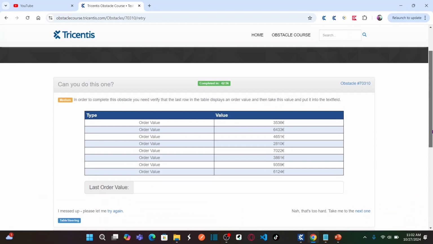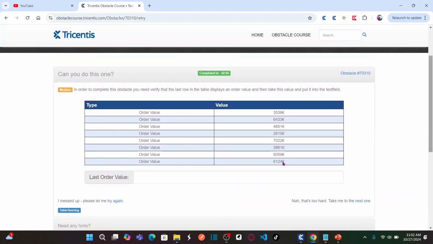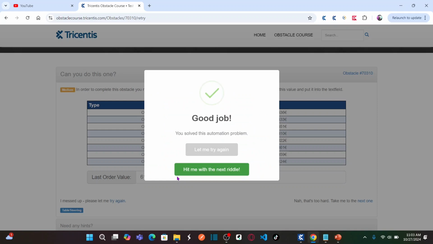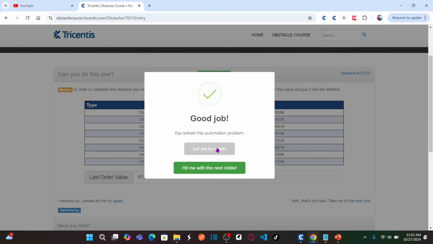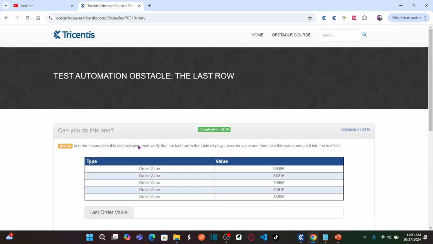So what is the last row order value? Our last row order value is 6124 pounds. So let me enter 6124 into this particular box. As soon as you enter including the pound symbol, it says you solved this automation problem. And one more thing is, this particular table is a dynamic table. So as soon as I